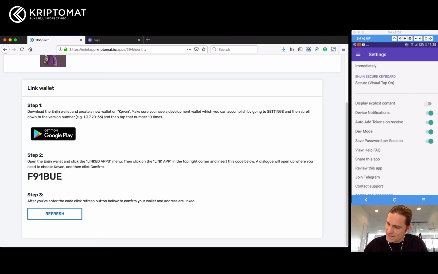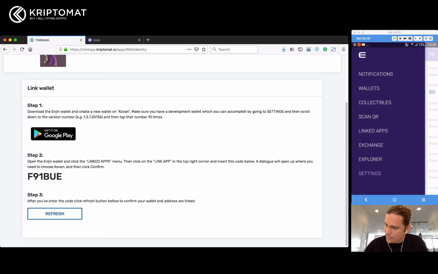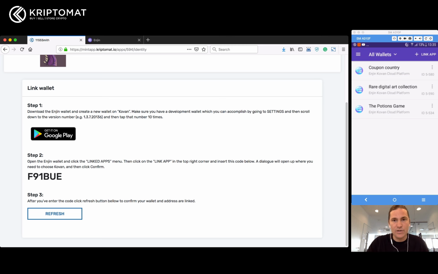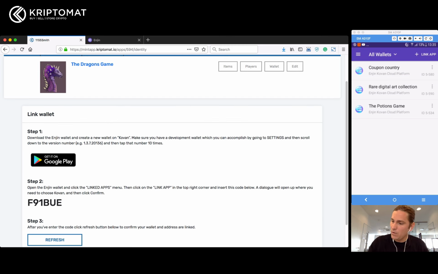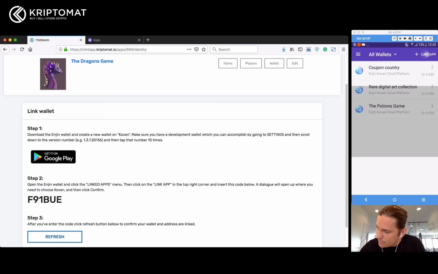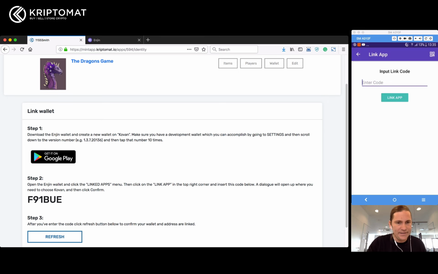All right, so what's next? Obviously I want to link this game or app to my wallet, and I will click link app. It's asking me if I want to link it on Kovan or on my main wallet. I will choose Kovan, which is the testnet, and I will enter this code, and it says